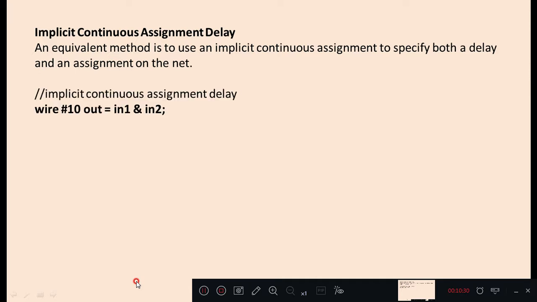Next we see implicit continuous assignment delay. An equivalent method is to use an implicit continuous assignment to specify both a delay and an assignment on the net.